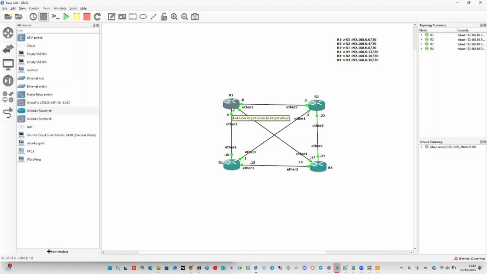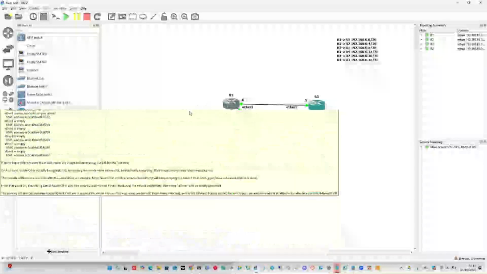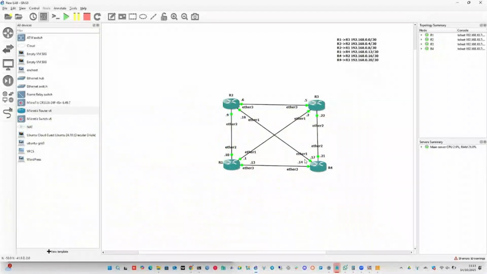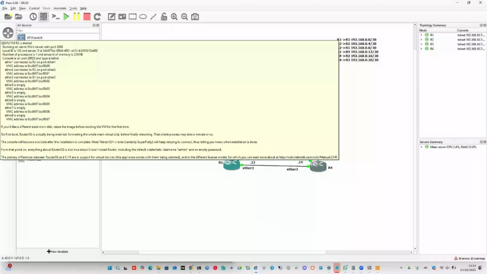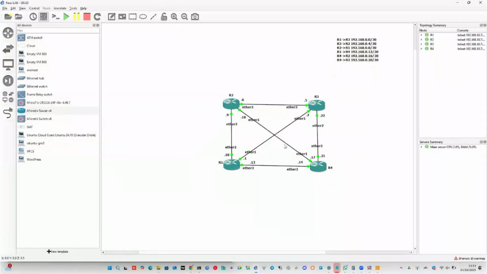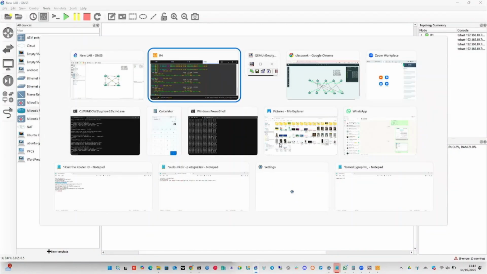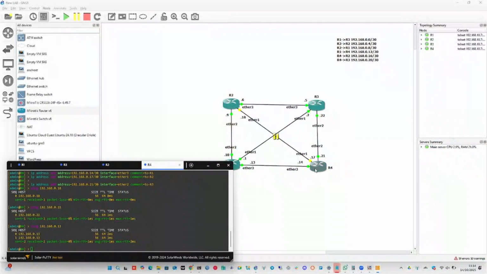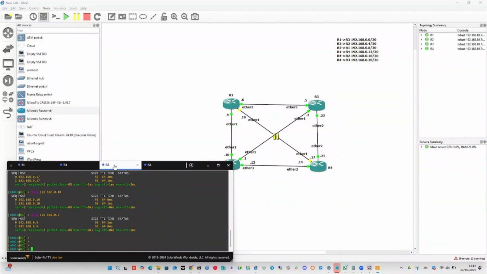Like for instance, if R2 wanted to talk to R3, the message would go to .17, isn't it? But what if this link between R2 and R4 is disconnected? What do you think would happen? R2 will no longer be able to talk to R4, both directly or indirectly. Because if I look in R2 now, if you look at the routing table,